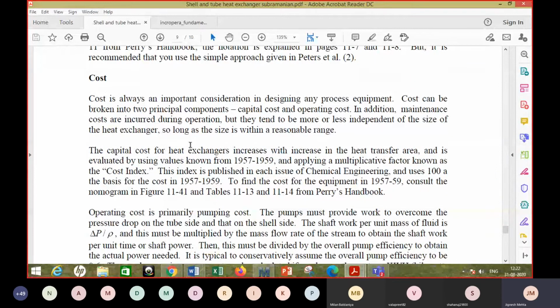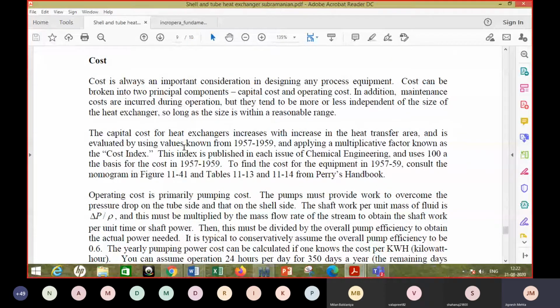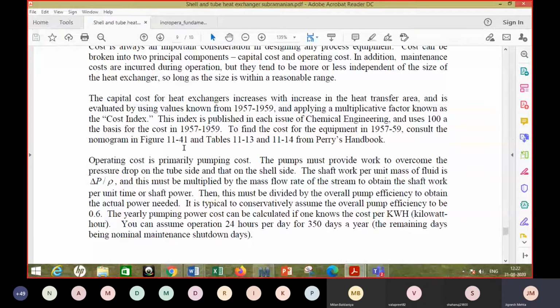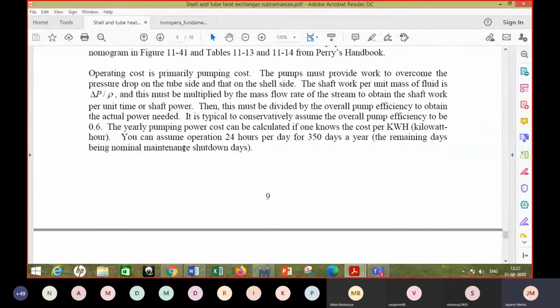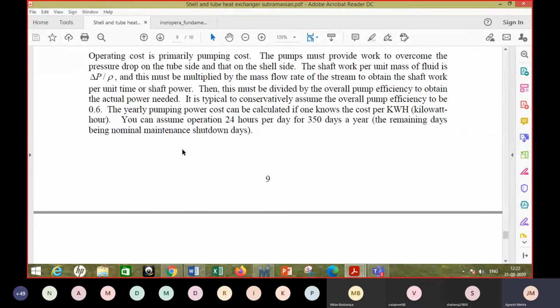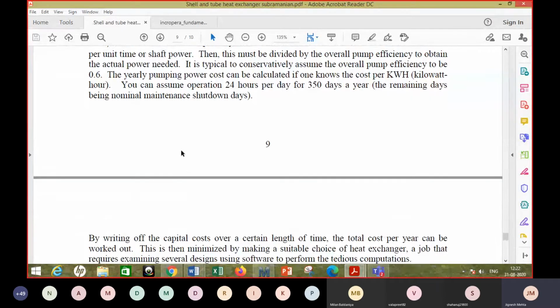And there are many practical considerations which you have to take care of if you are designing a heat exchanger, right? So in a smaller area, higher heat transfer rate is always desirable. So in that case, you will try to make it compact. You will try to use very good material, but then cost is also an important consideration. Okay, so what is the cost per kilowatt or kilowatt hour? That may be an important consideration.